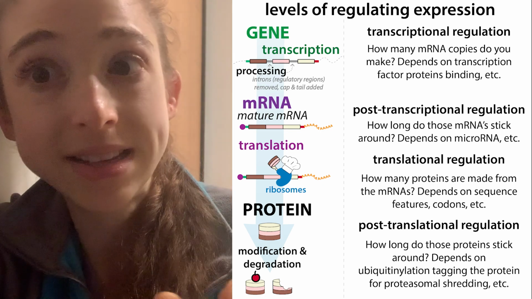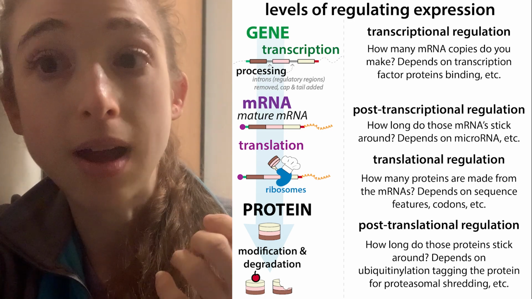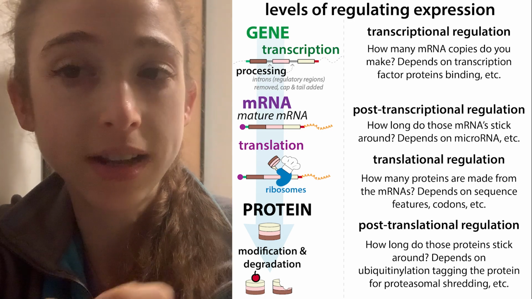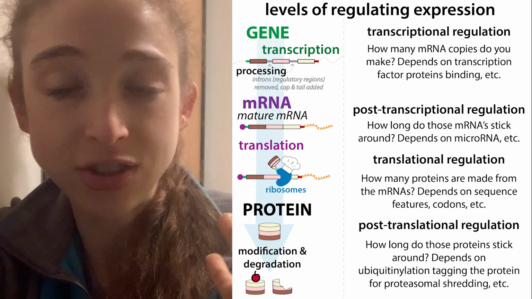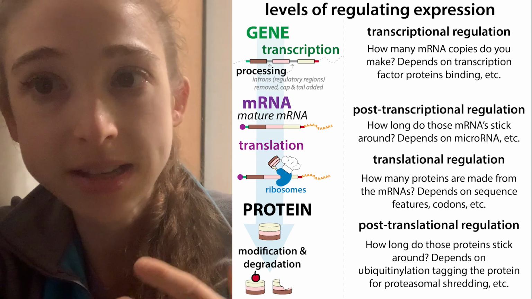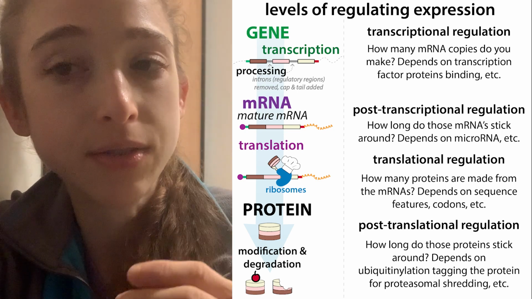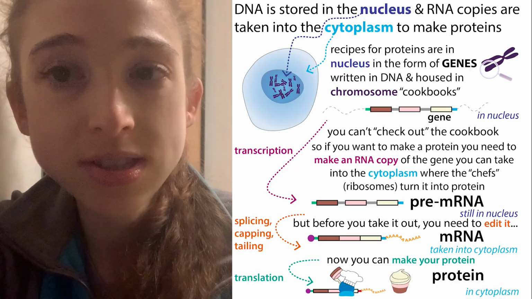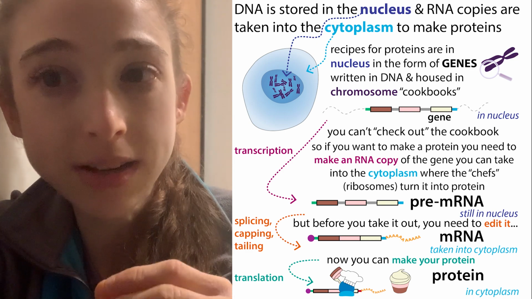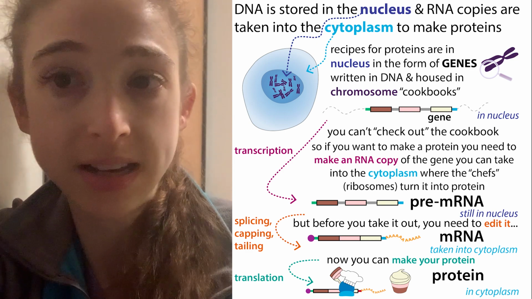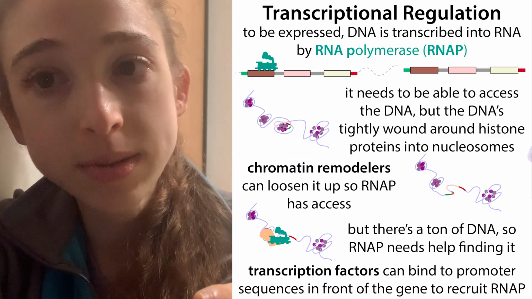And so there are other ways too. Once you've transcribed that, you can regulate at the translational level. So how much that messenger RNA is being used to make proteins, as well as how much of that messenger RNA actually sticks around, so we can make multiple copies of it, and then we can degrade those copies, and we can also modify the proteins that are made. So there's a lot of different regulation that can occur, but the first step for all of that is transcribing the gene. And this is where you can get those really big differences between different cells, is whether or not these genes are used at all.